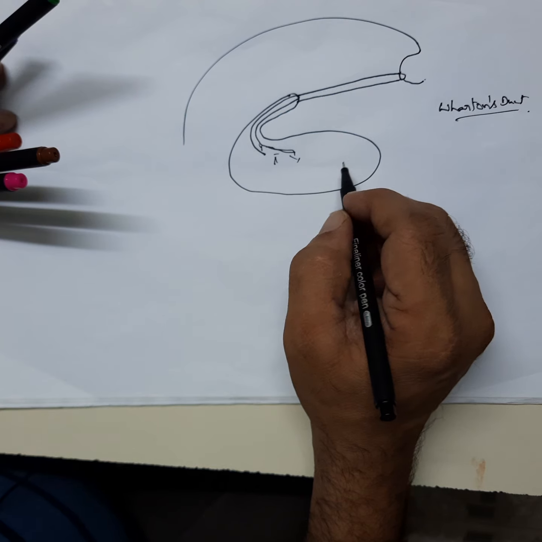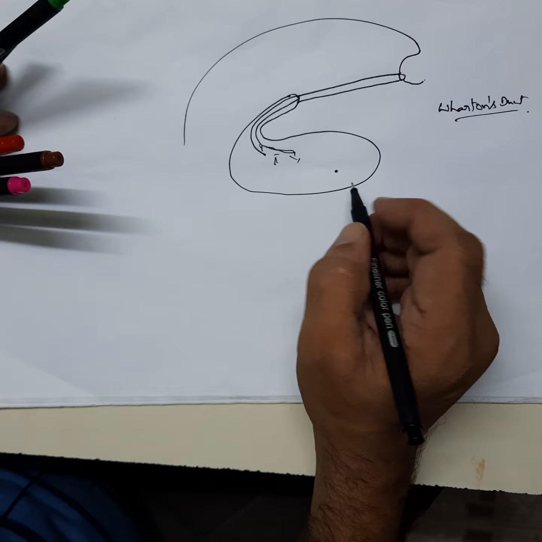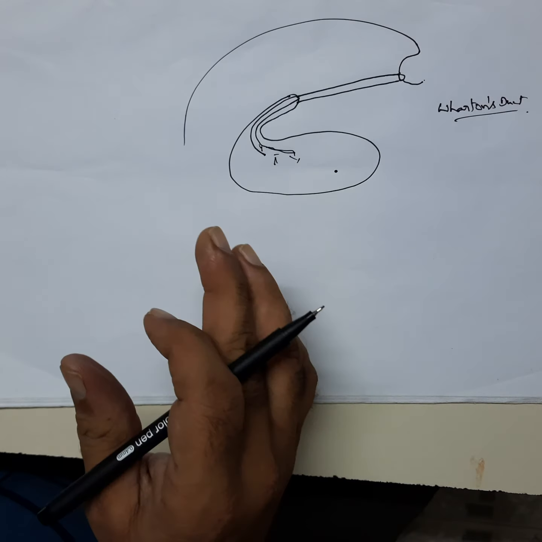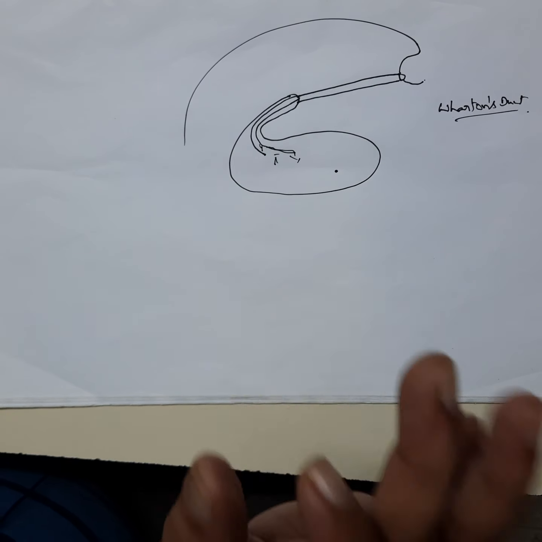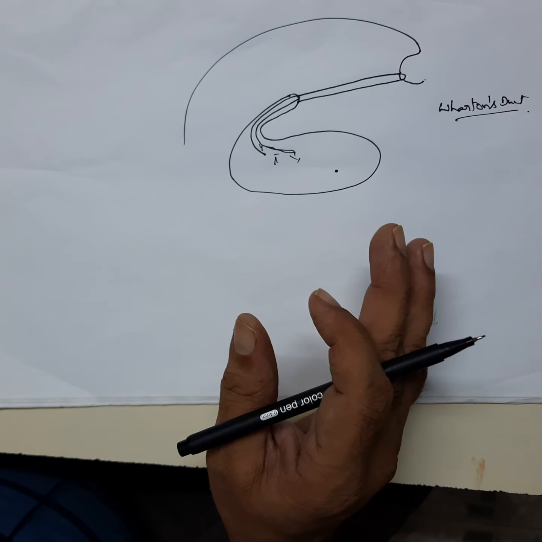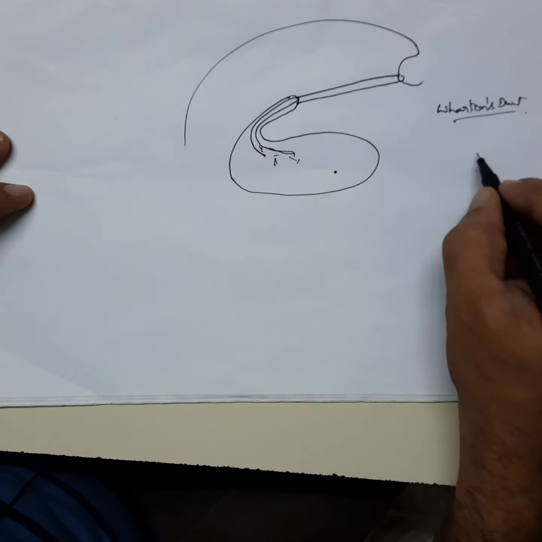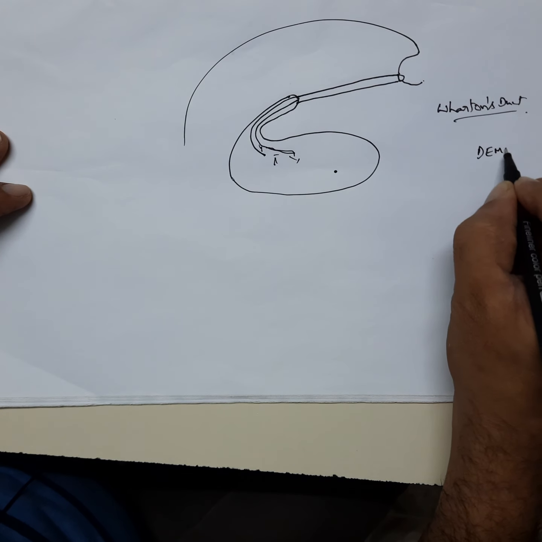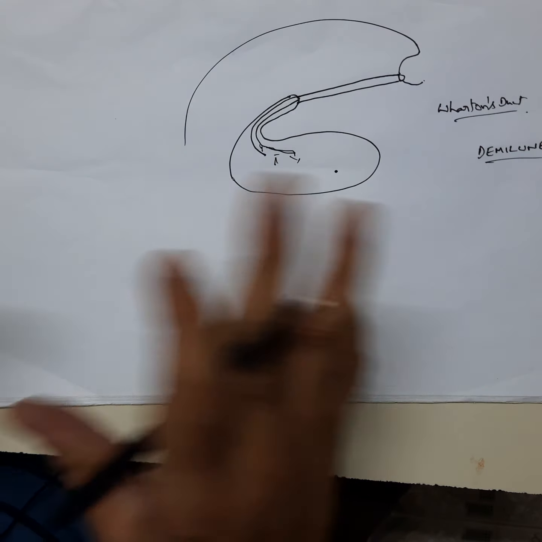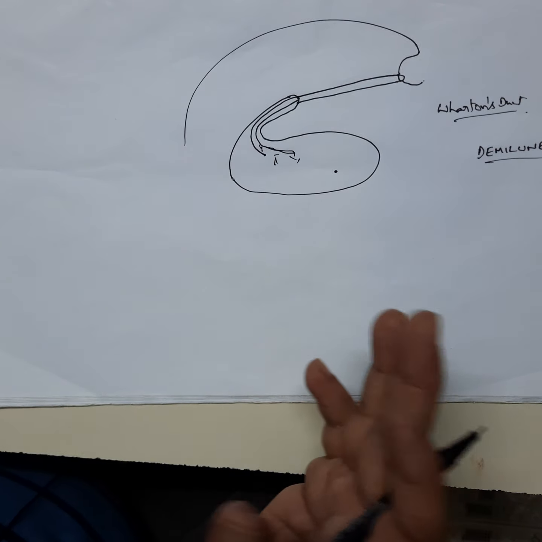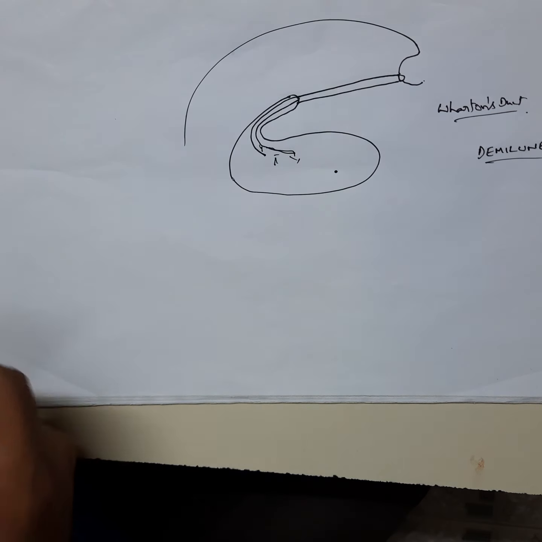So, we discussed that it is a mixed gland, that means it has both serous acini and mucous acini. The mucous acini in this gland are specifically capped by semilunar serous or seromucous acini, those are called demilunes. Demilunes are seen in the mixed glands. The microscopic structure and details of these acini we will see in another video. Now, the most important is the nerve supply.